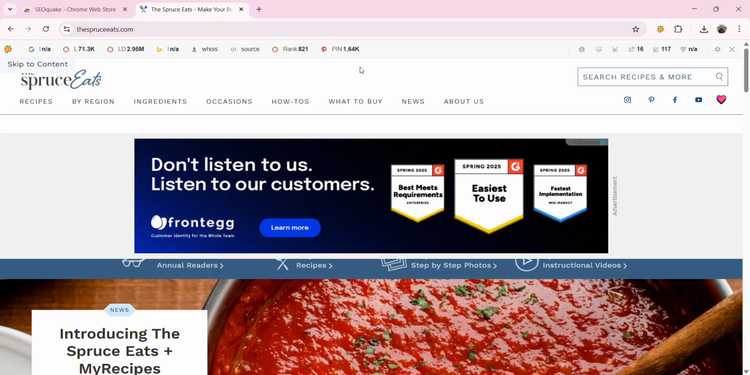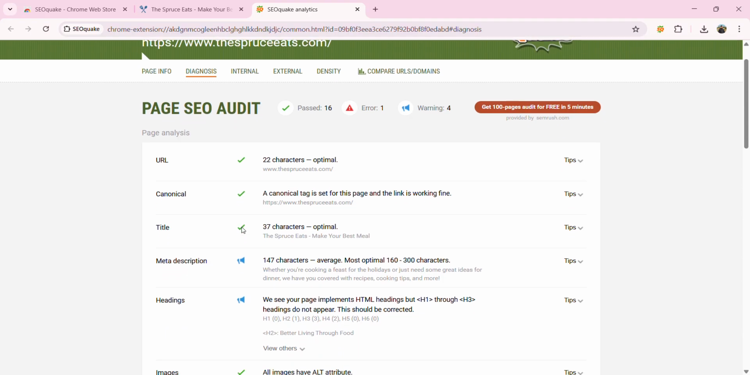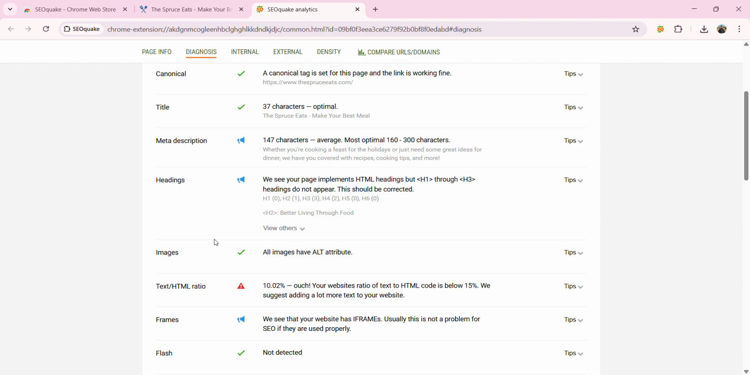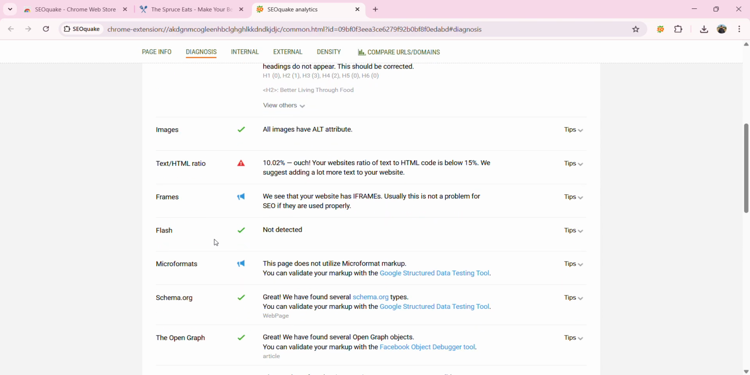Then you want to go to the SEO Quark extension, then go to diagnosis. Then you can see every result, everything which you need for an on-page SEO audit or page audit. You can see the URL, canonical tag, meta description, heading, image alternative text, HTML ratio, frames, flash, microformats, and